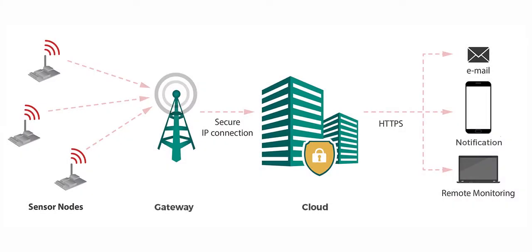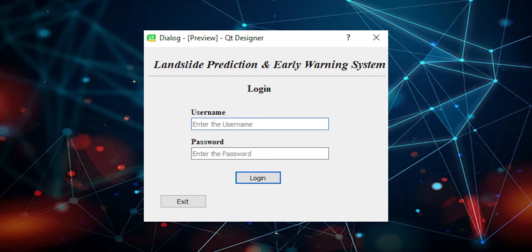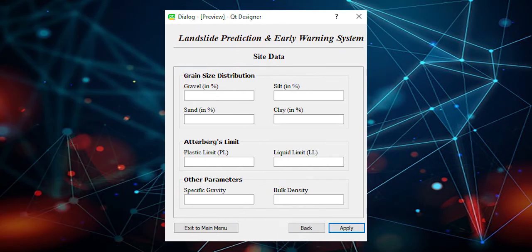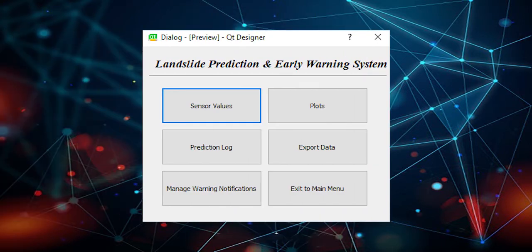Also, the system will sense the movement of soil mass through the slope during the initiation of a landslide as an early detection. If any casualties are detected, the system will send alert notifications to the concerned authorities with the information regarding the location and severity of the landslide. The picture shown here is the graphical user interface we have developed to interact with the device. It is developed using the PyQt5 package in Python.